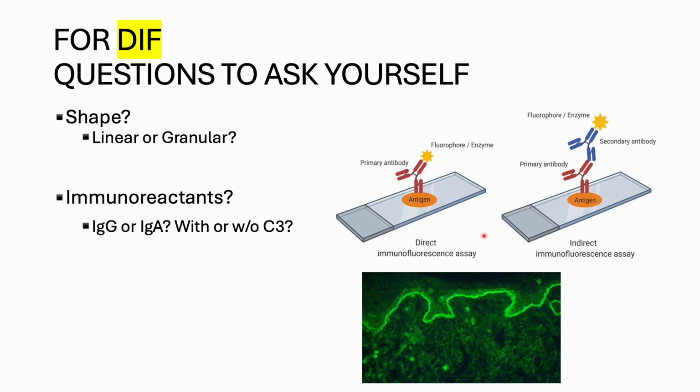So we will mainly focus on the DIF, direct immunofluorescence. And why we call it direct is that we directly use the patient's skin. The biopsy of the patient's skin will be cut into microsections and placed on the slide. And then in the lab, we have our